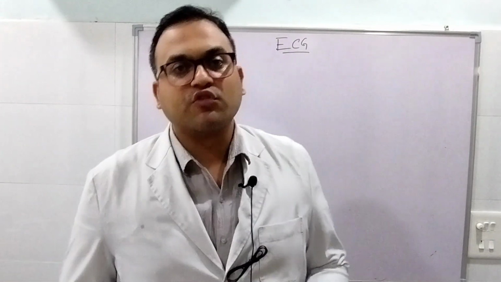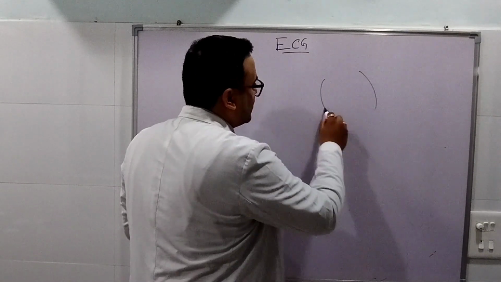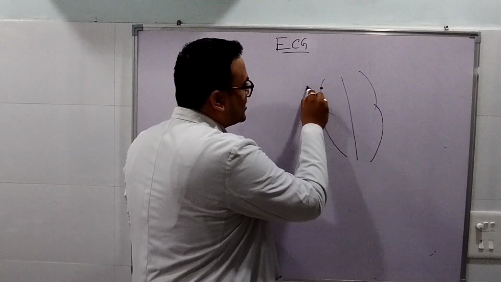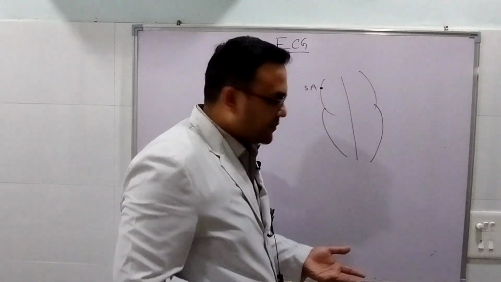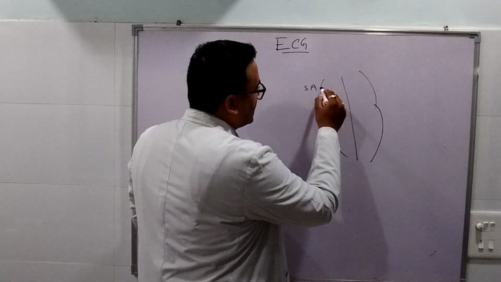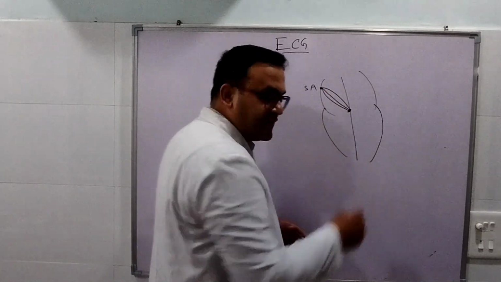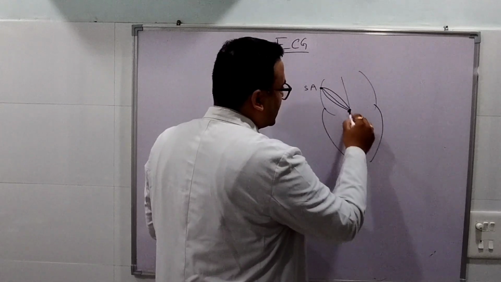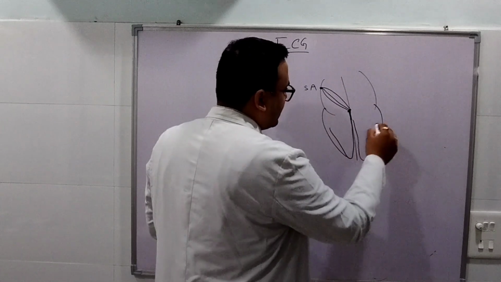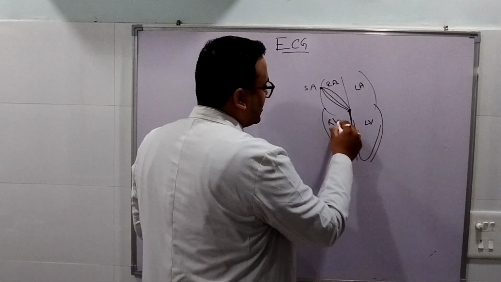So basically there are two electrical phenomena which are happening in our heart. One is the impulse generation. We know that the impulse generation occurs in the SA node, and this is the normal scenario which I am discussing. And then there is impulse conduction. The impulse gets conducted through fibers to the AV node and then to the bundle of His into the right bundle branch and the left bundle branch. This is the left ventricle, left atrium, right atrium and right ventricle.